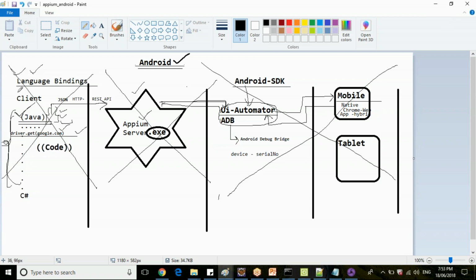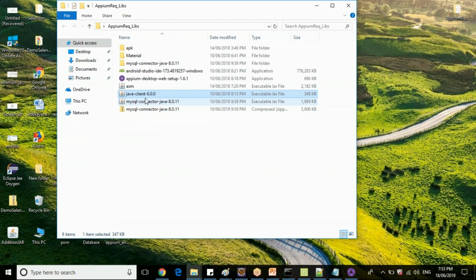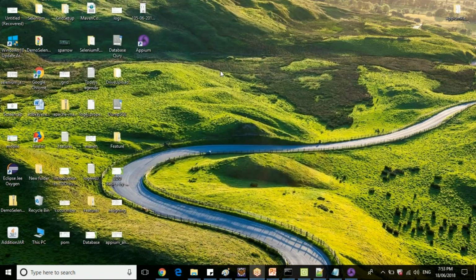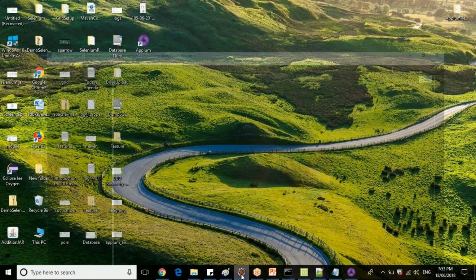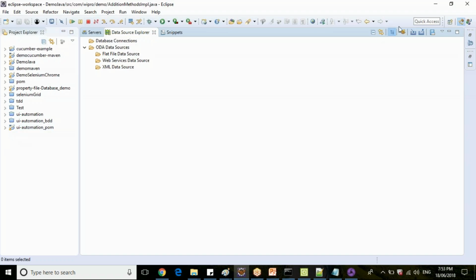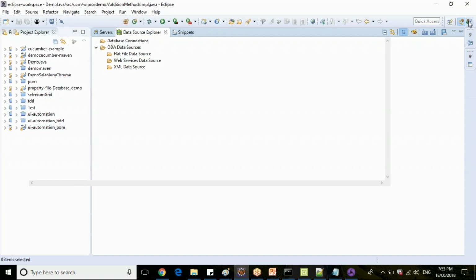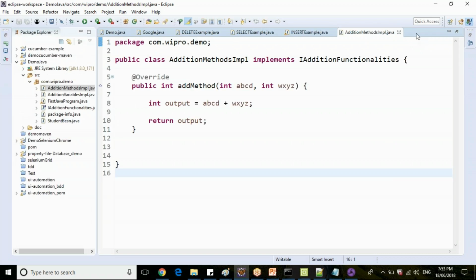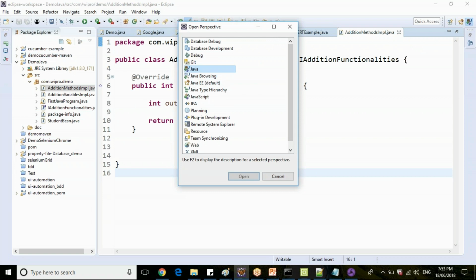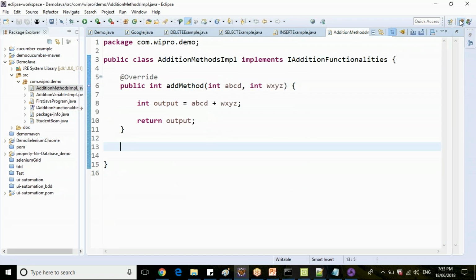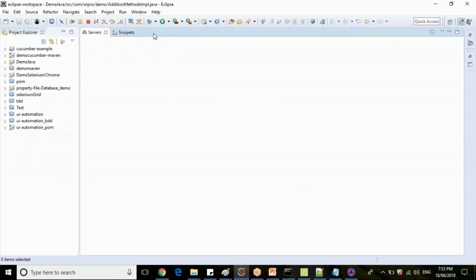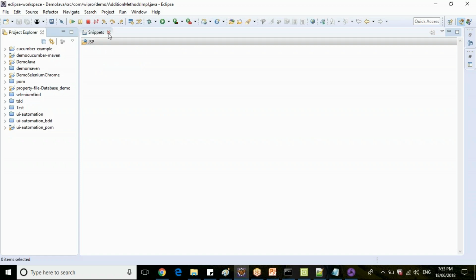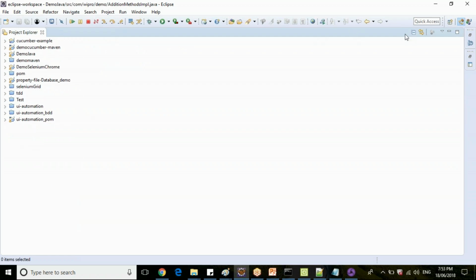So now we have our client library downloaded, which is the Java client jar. We have the Java client 6 version here. So let's open Eclipse and create a new project.